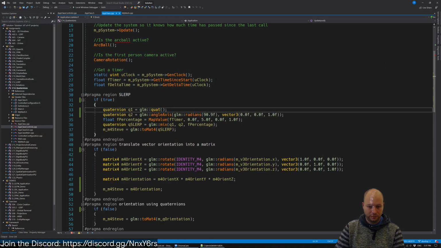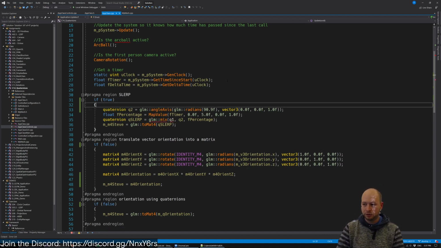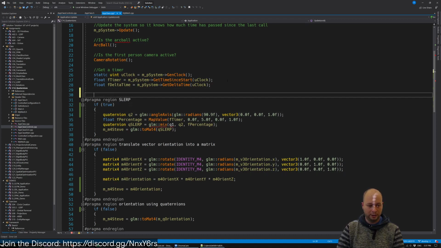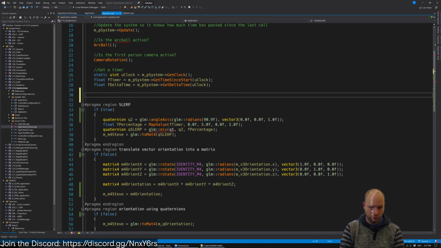Anyways, the point is that a quaternion is a relative. You're starting from a point, you're going to a different point. So it's not actually possible to make them absolute. A quaternion is kind of like a vector for an orientation. So in a way, if I do this, right, where I go